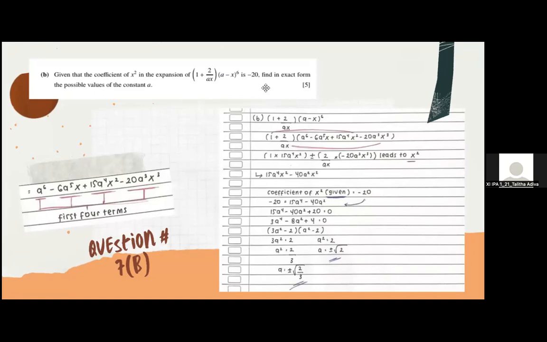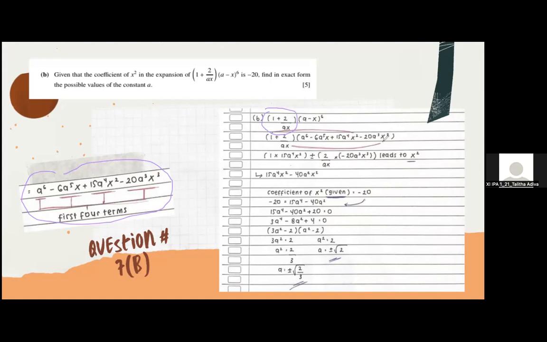To do this, we can use the first 4 terms that we got from 7a, and we multiply it by 1 + 2/(ax). And we don't have to multiply all of it because we just have to find